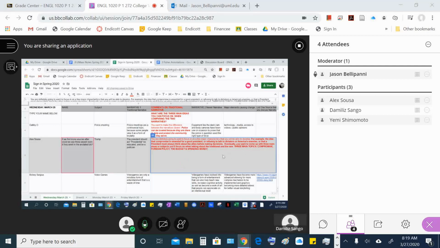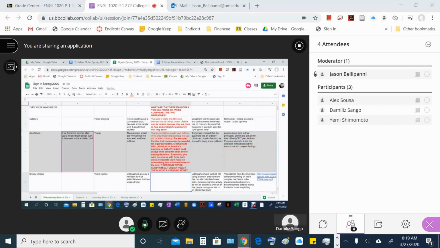Okay, so that would be my example. Let's see if you're there. Meaning, you don't have to do these, but when I talk about three main topics, a big one would be compromise, and you could talk about how he shifted that. Foreign policy, you could talk about how he shifted that, and the whole concept of the budget and spending money, right? Presidents, I don't know, are supposed to worry about the budget and try to keep things restrained and all that stuff, and he was not very interested in that from the get-go, and he didn't do it, and things were going perfectly fine. So whatever.